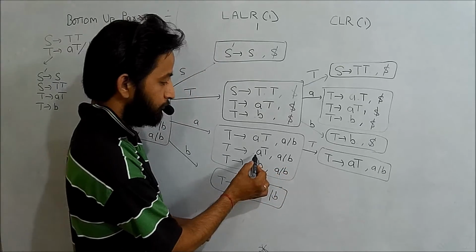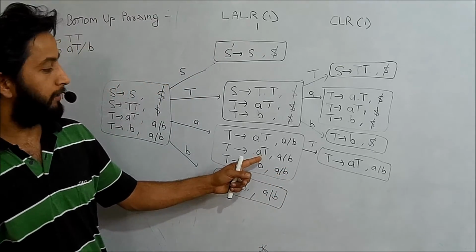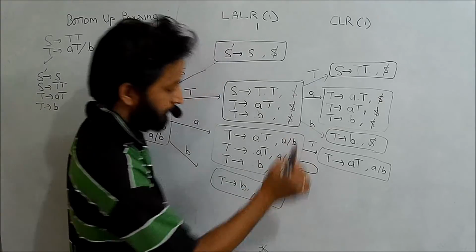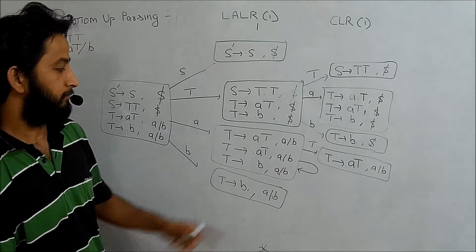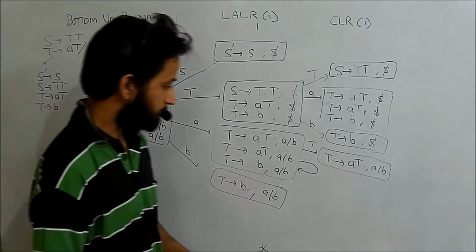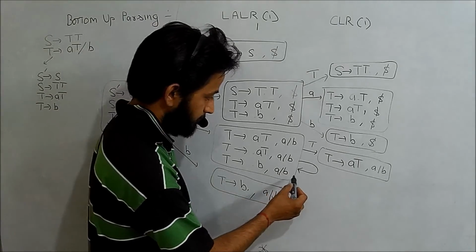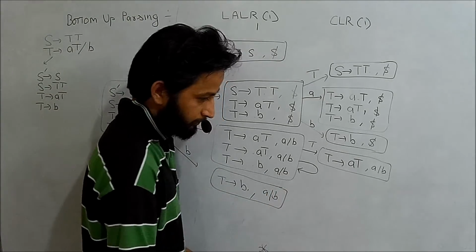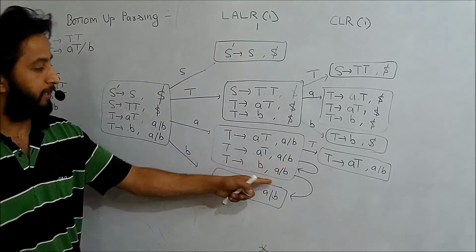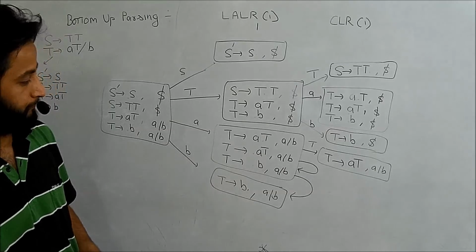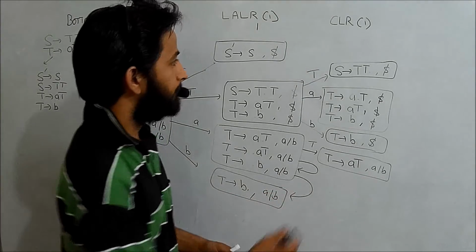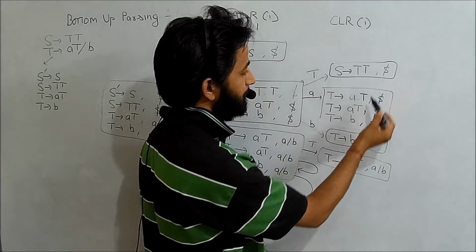So when I move the position of dot to the right hand side, it will be here. Okay, because when I move dot, it will remain like it is. Okay, this is over. For the movement of B, it will move up to this point, because here the look ahead will be same and the position of dot will be same. So up to this point it is over. So this is also the final item.